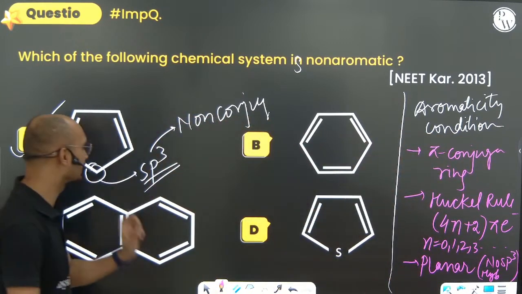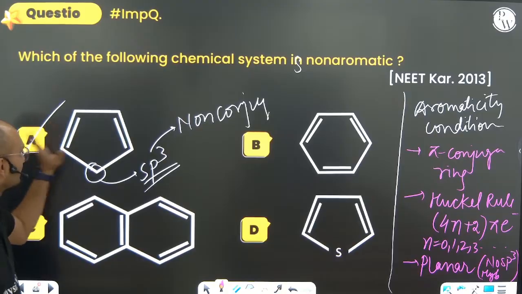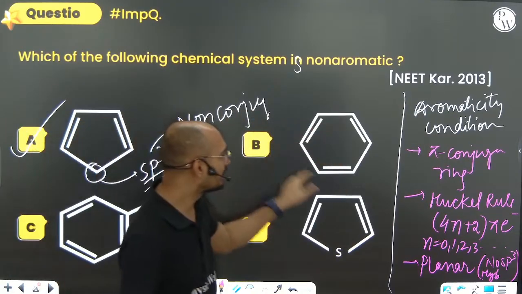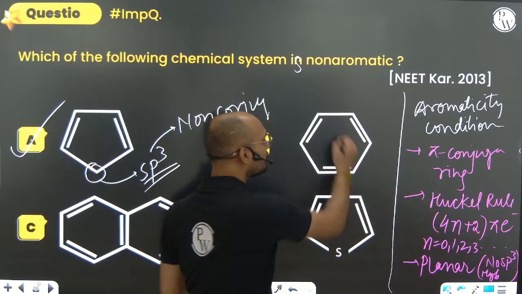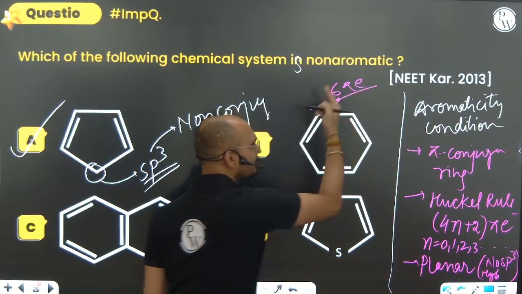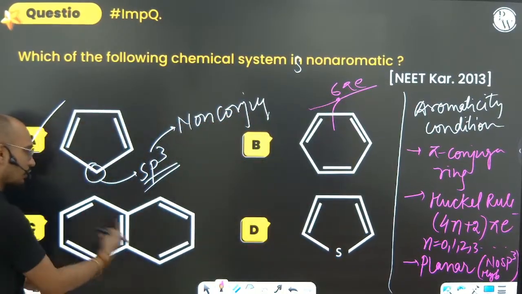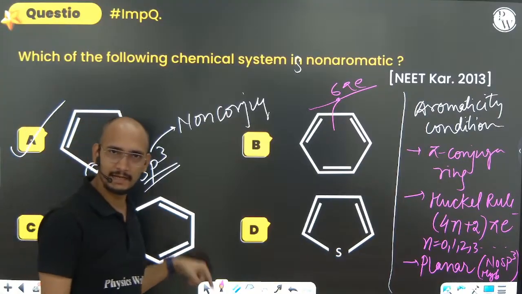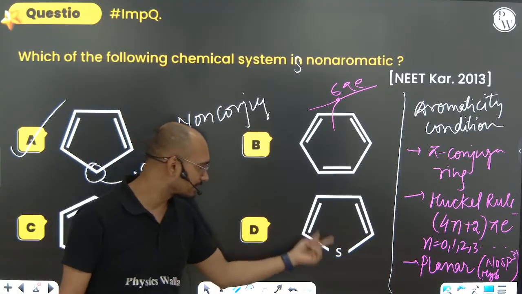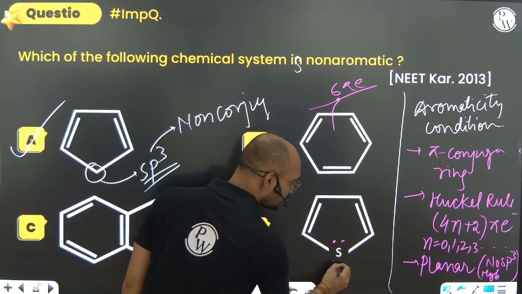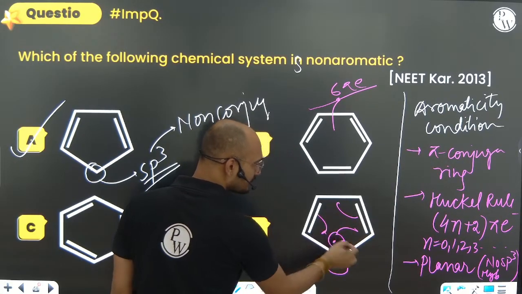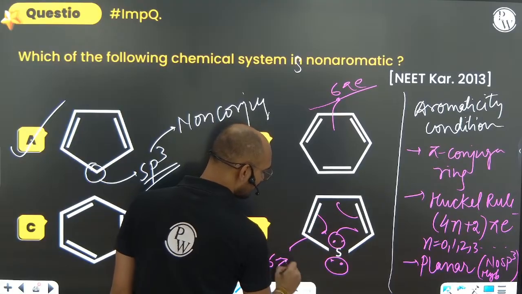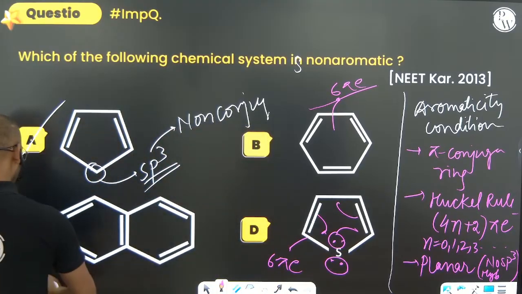Okay, चलो आ जाओ देख लो कि यहाँ पे तो sp3 हो गया तो इसकी बात ही मत करो, नॉन एरोमेटिक हो गया, ये देख रहे हो ये रिंग है, कंजुगेटेड है, 4n plus 2 means how many, 6 pi electrons is also there, so of course this is yes. यहाँ पर देखो 10 pi electrons are there, प्लेनर है, कंजुगेटेड है, yes aromatic. Can you see here सल्फर के पास दो 2 outside and 2 inside, this is in conjugation, so therefore 6 pi electrons are there, so this is also aromatic.